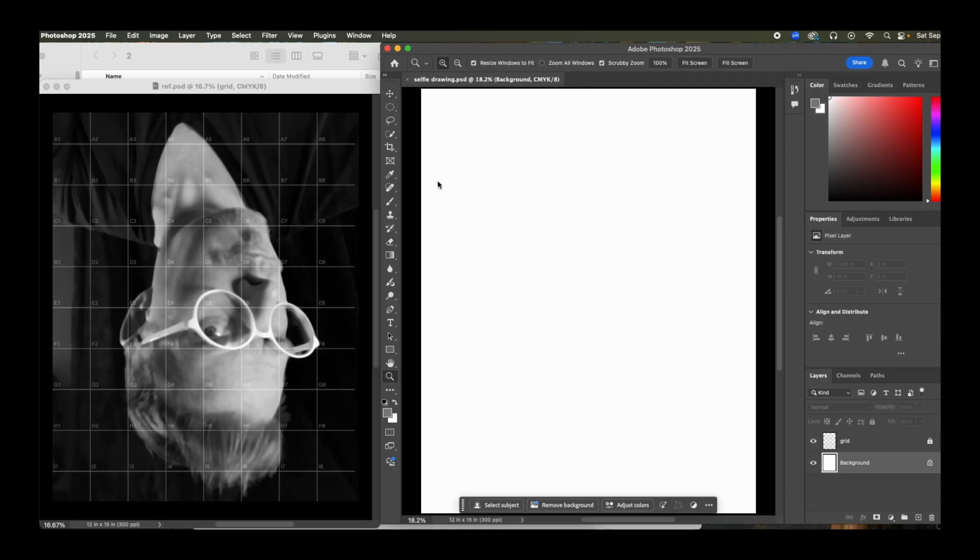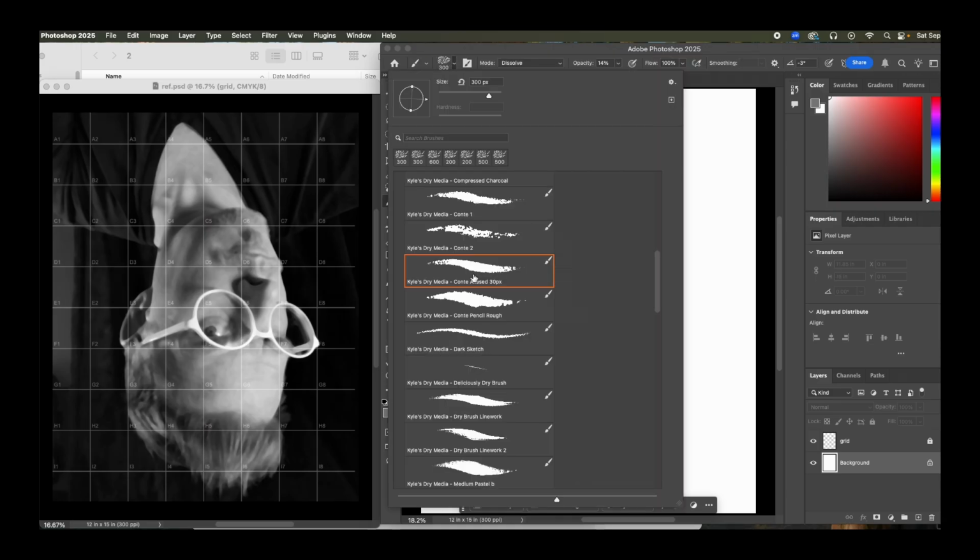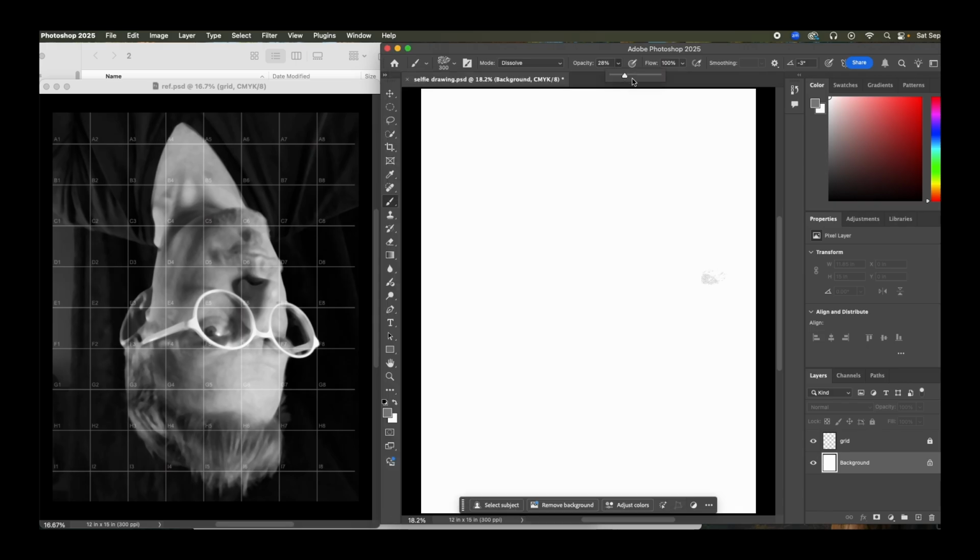Now it's time to choose a brush. What I'm going to be using is this Conte brush. In Photoshop, you've got some free brushes to choose from. I'm going to choose a Conte. It's got a little bit of a texture. Now, opacity. I'm just going to crank this right up to 100. I'm just going to make this a big brush, and I'm going to brush the entire